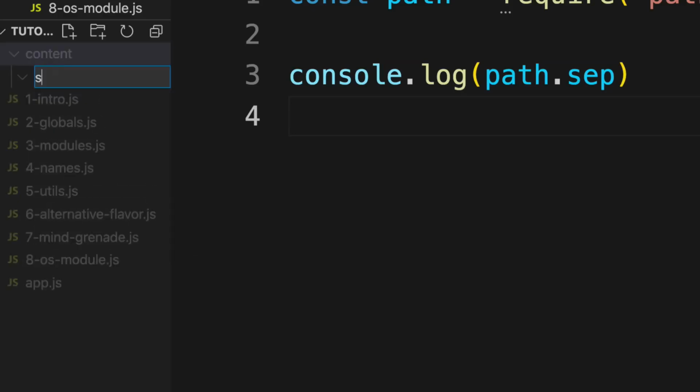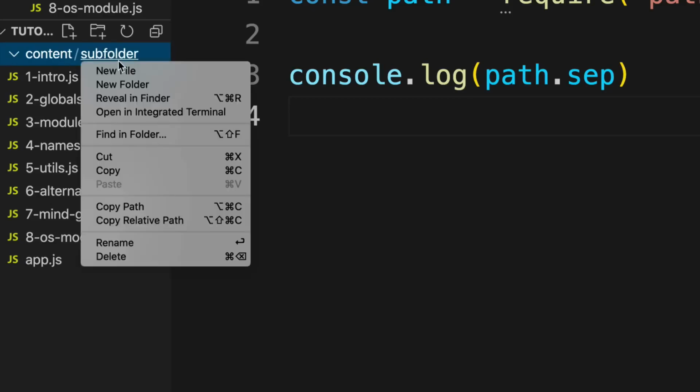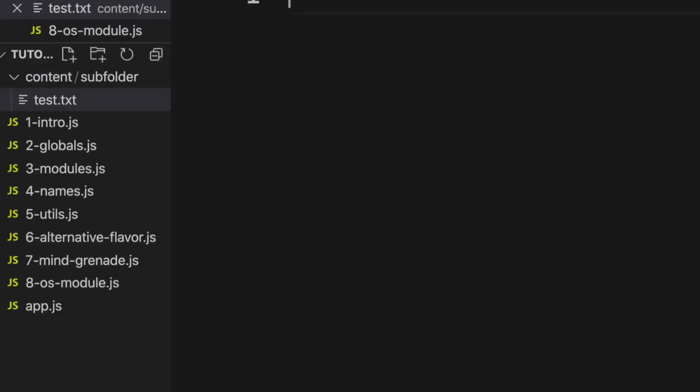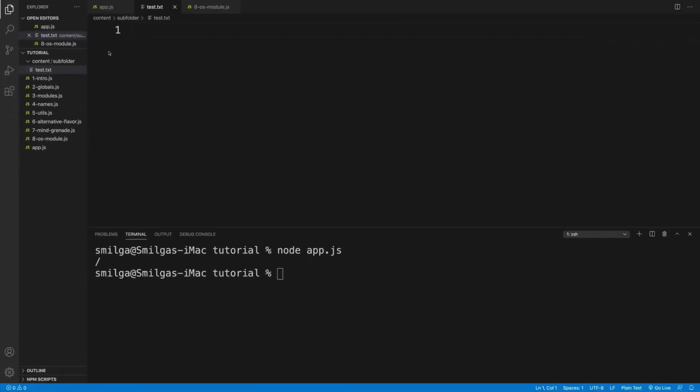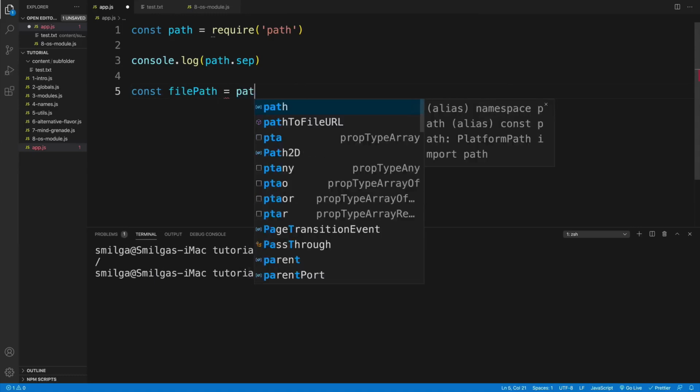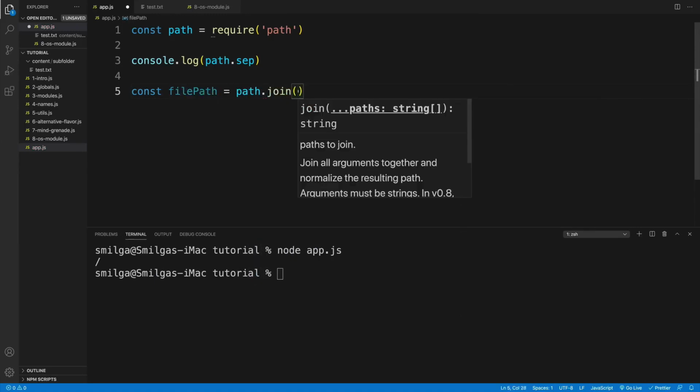And inside of this content folder, I'll create another one, and I'll simply call this generic subfolder. And in this subfolder, I'll create a test text file. And inside of the text file, I mean, you can place something, you can omit it, doesn't really matter. I'll just say text and then txt. And once we save it, back in the app.js, now I would want to use that